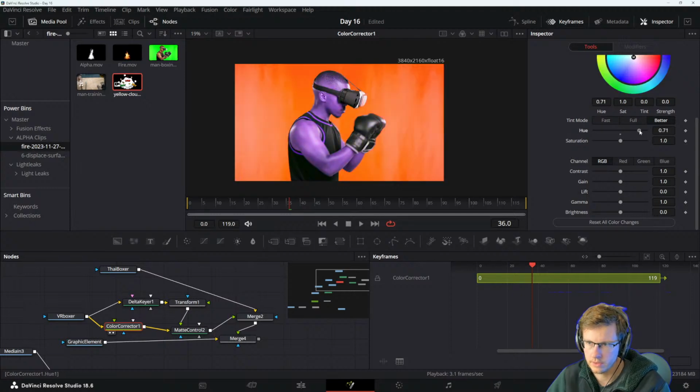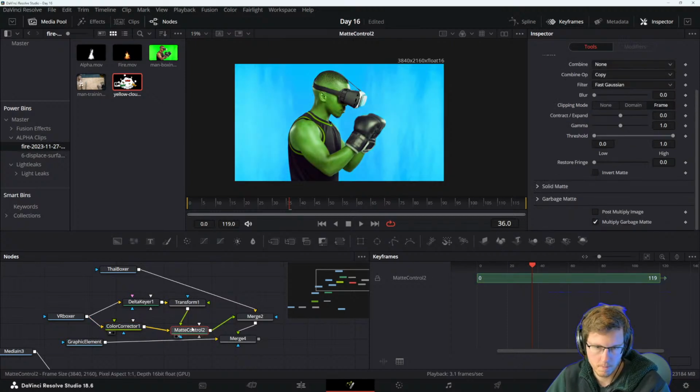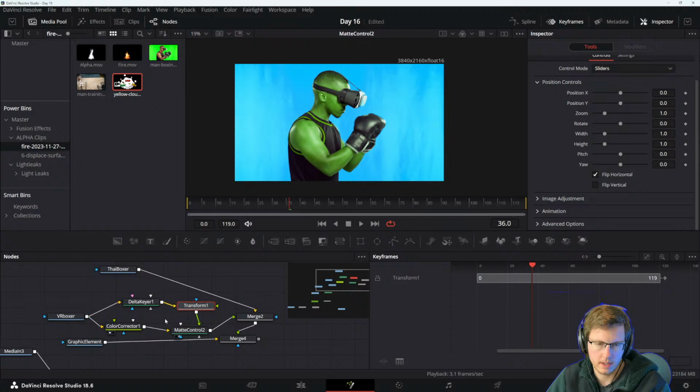Left hue. Okay, let's make it obvious. We're going to change his color to Hulk green. And then we got, this looks like it's set up